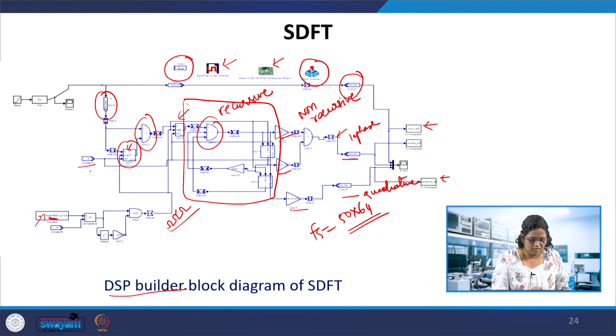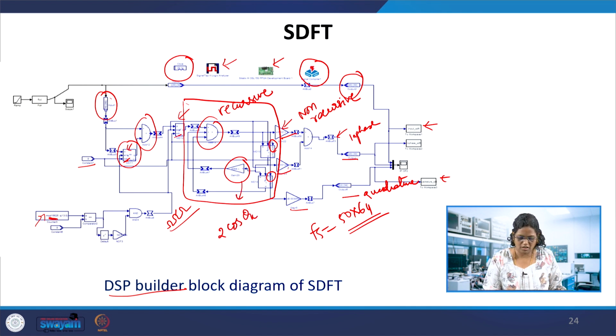And there will be a global reset. This corresponds to the reset. You can see there is a clear, that is a reset, in each block. We have this reset, and the gain as we used in the Simulink environment. This is the gain used here. This is 2 cos theta k, this part. And here we use cos theta k and sin theta k over here, cos theta k and sin theta k here. This is implemented with the DSP Builder for the SDFT transfer function which we had learned already. The transfer function is now made in the DSP Builder blocks.